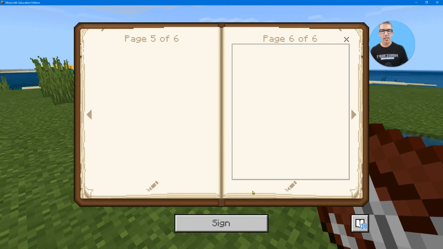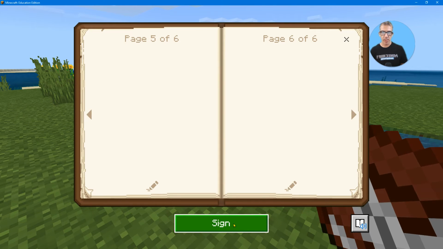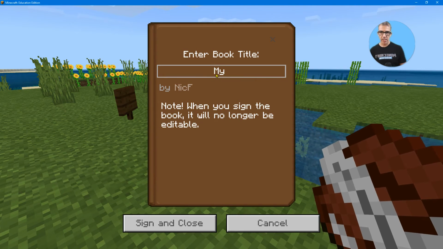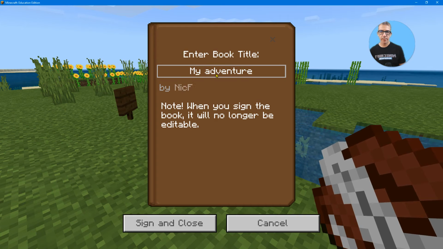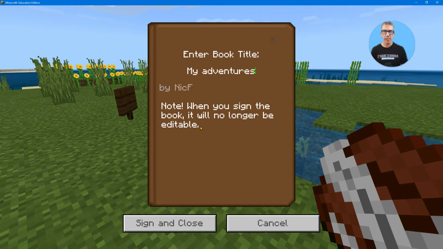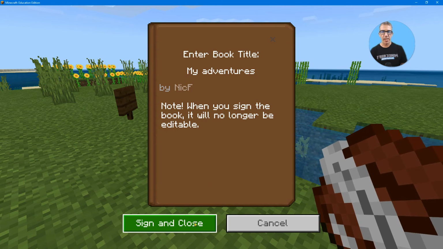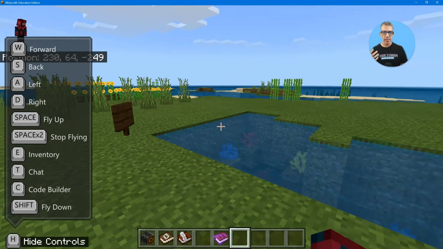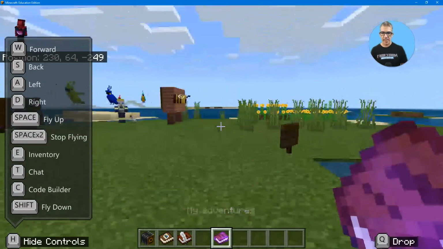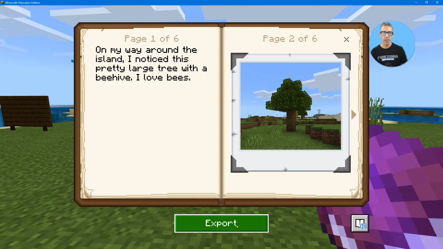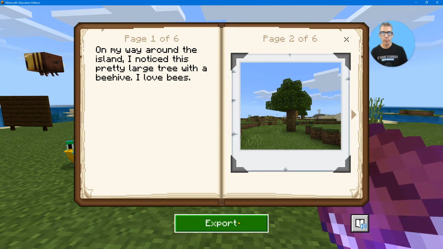Now, once I sign the book, it's no longer editable. So if I click on sign, it'll ask you to make a title. So I'll just put my adventures. It has my name, my username, and it'll tell you, warning, when you sign the book, it's no longer editable. Sign and close. Now it's nice and shimmery. You can see I'm holding it, and I can actually read it, and this is also what allows me to export it. And so if you export the book,